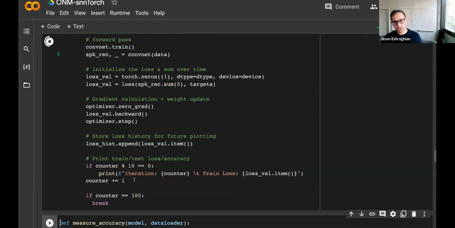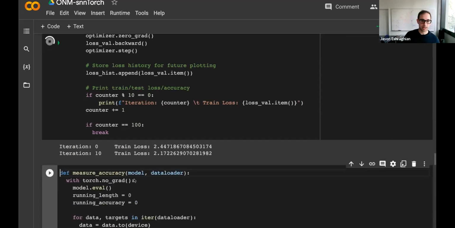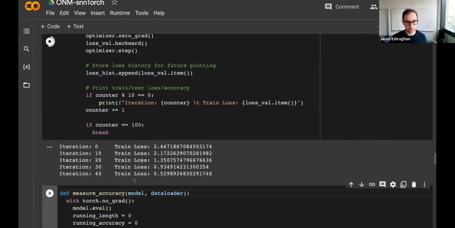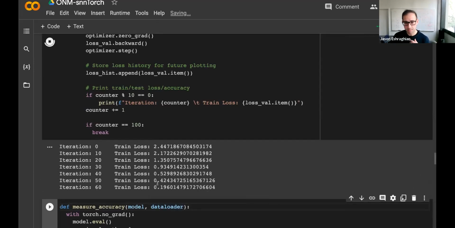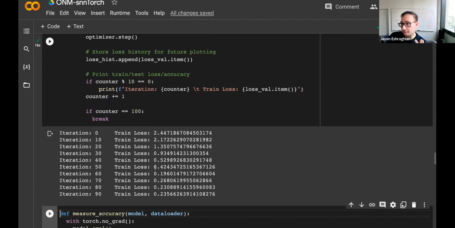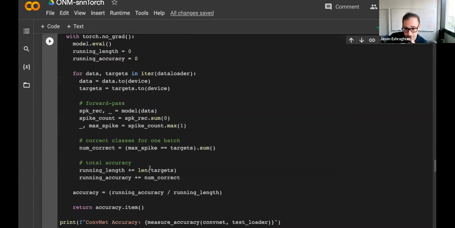Now, typically, the larger your network, the more iterations you need to really squeeze a benefit out of it. So I don't think this will actually outperform the fully connected network straight away. But if I was to run it for longer, it should do better. But at the very least, our loss is decreasing. So that's nice, right? Measure accuracy, this function is the same.